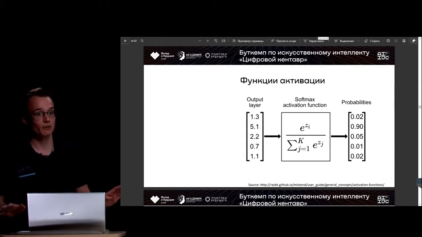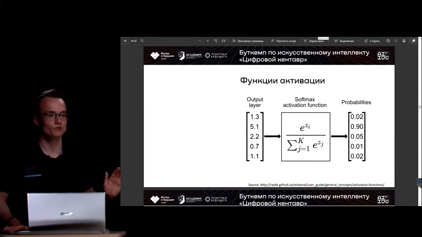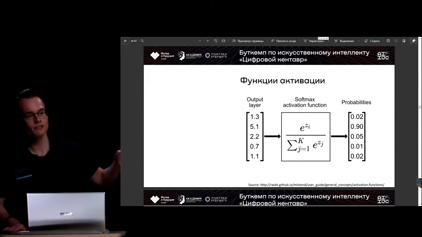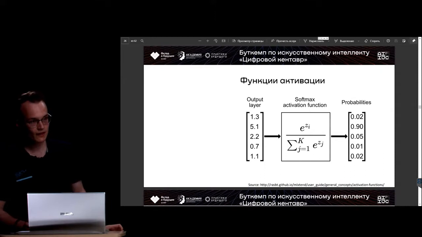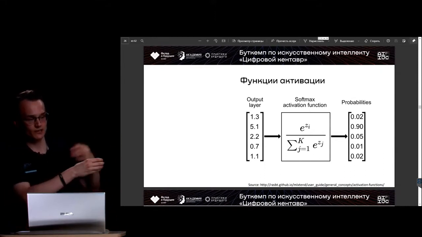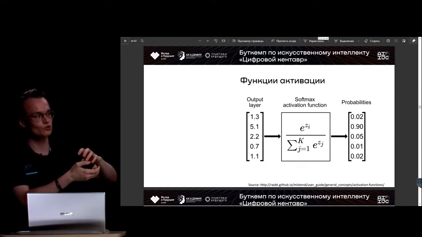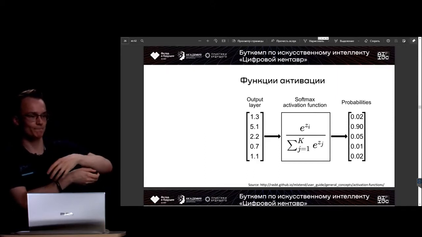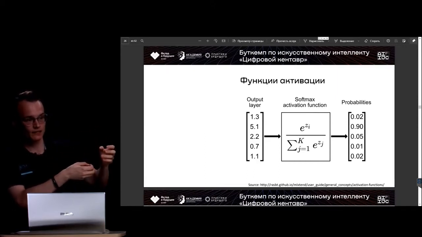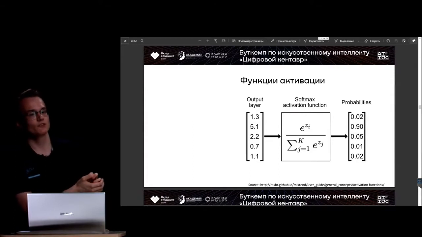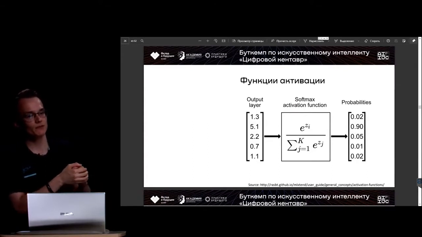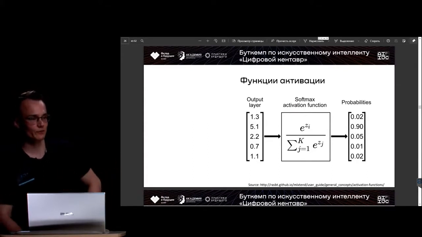Let's give an example. Let's say we want to classify dogs into different breeds. Let's say we have 15 breeds. So at the end, we want to receive the distribution of probability. So at the end, we will have 15 output neurons with values from minus infinity to plus infinity, and the total of the previous outputs. And those numbers, from minus infinity to plus infinity, we will apply a softmax to them in order to receive some distribution